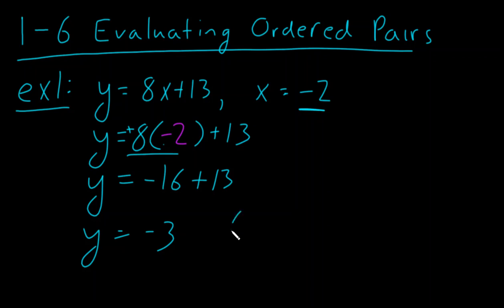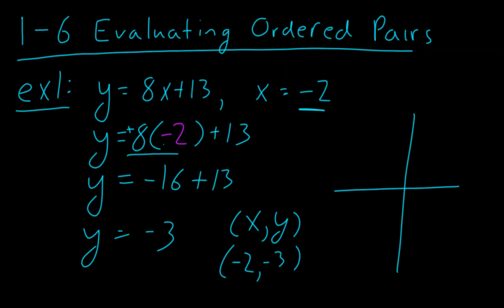But how do we write this solution as an ordered pair? Well, we know that every ordered pair is made up of an x and a y, and in this case we have -2 comma -3. Now what I'm going to ask you in this section is to pick the correct ordered pair. So let's say